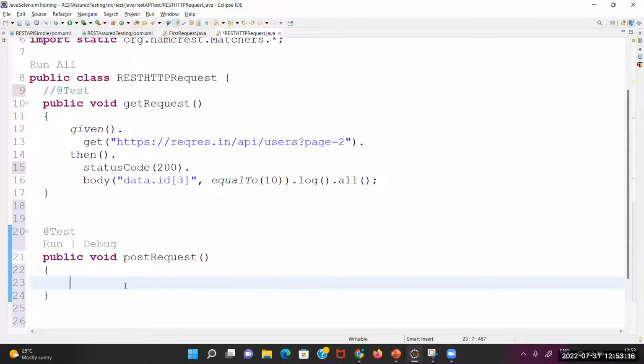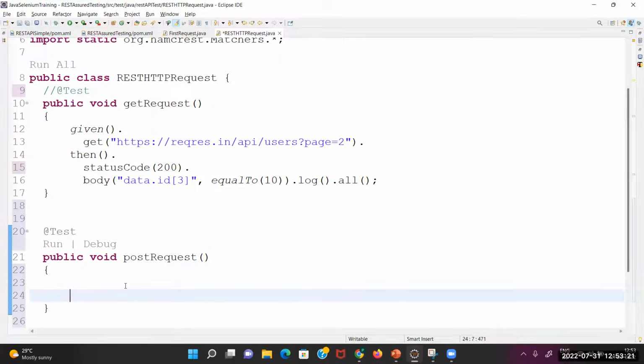For key and value pair, we have a very beautiful topic in Java, that is collection. Whenever you want to maintain key value pairs, which collection interface or which collection class can we use? I can say Map is an interface, but it is not actually part of Collection, but still we can use Map right now. Map is a separate interface which will help you maintain everything in the form of key value pairs. So I will be taking HashMap. It is a class, correct? Just write HashMap. Here we can maintain everything in the form of key and value. I'm taking String as a key and I'm taking Object as a